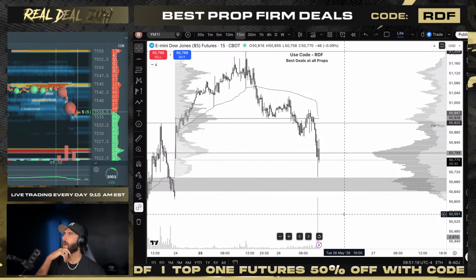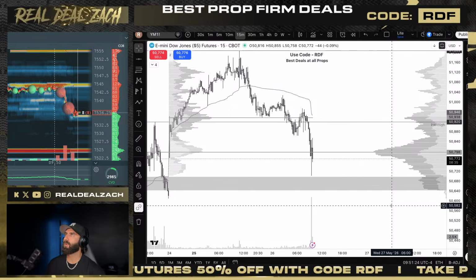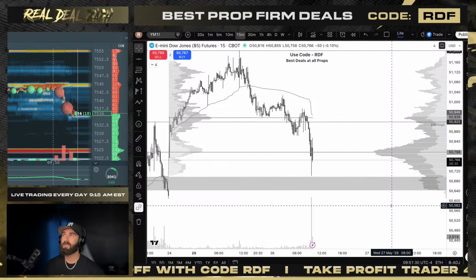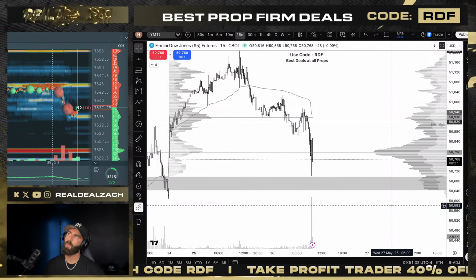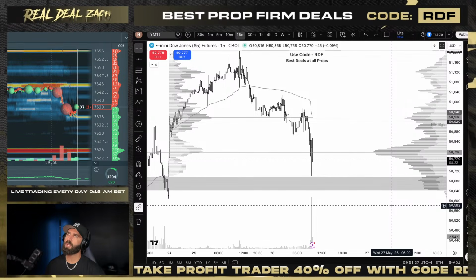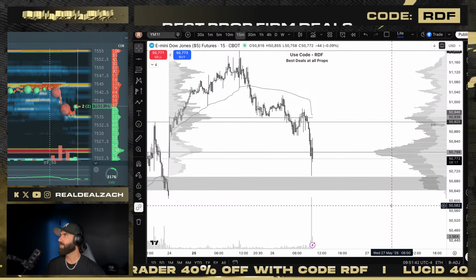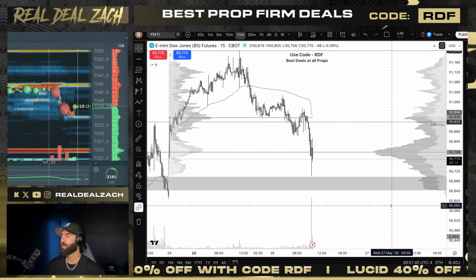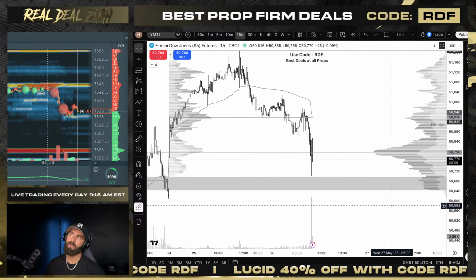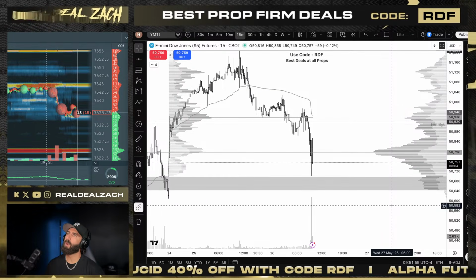And Top Step is Top Step. I'm not partnered or affiliated with Top Step, but I continue to do really well with them. Really, really well with Top Step. I think one of the reasons I end up doing so well with Top Step is I can trade really well on Top Step X. I hate to say that, but I think it's the truth. I can't put my finger on why I end up so profitable with them, more so than others. That platform is really solid. They had a lot of issues with it, though.